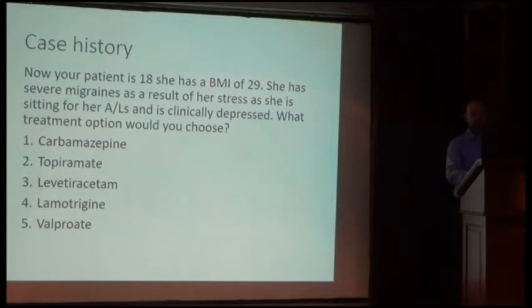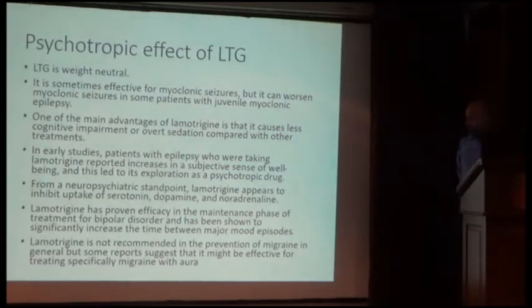So what would be a more weight neutral drug out of the lot? Probably lamotrigine. Okay. So now, why lamotrigine? And this is why. Sorry, very busy slide. It is weight neutral. It is sometimes effective for myoclonic seizures, but can worsen myoclonic seizures. However, you need to balance everything out, right? Main advantage of lamotrigine in this case is that it causes less cognitive side effects and over sedation compared to